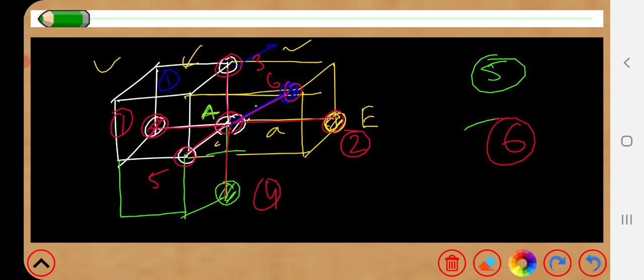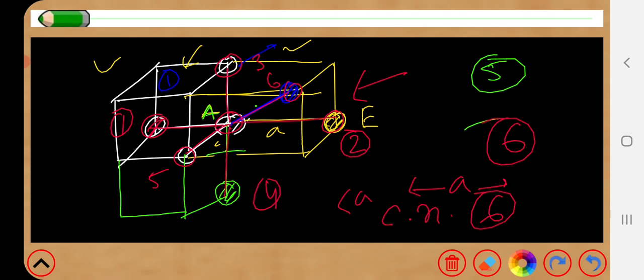Ultimately, we get 6 nearest neighbors, and all of these nearest neighbors are a distance A apart from this A atom. So the coordination number is simply 6, and you will not find any other atoms at a distance less than A from this A atom. So these 6 atoms are the nearest neighbors. Hence the coordination number for this simple cubic structure is